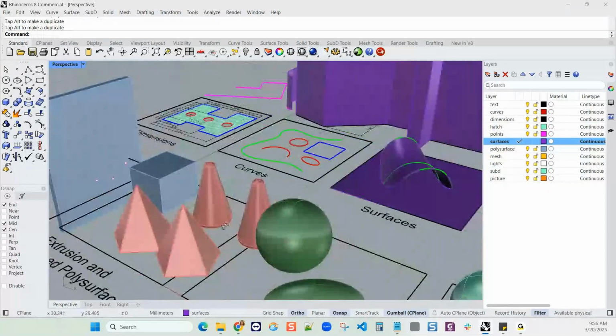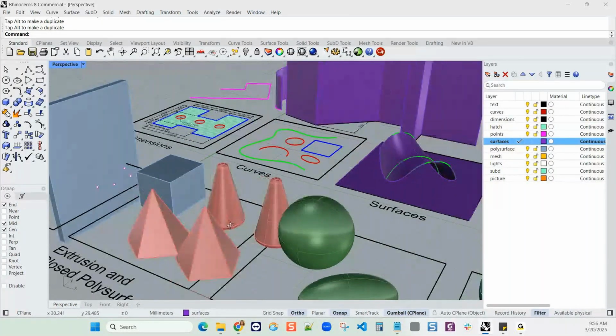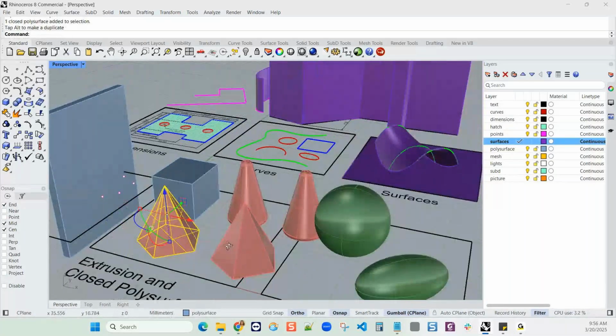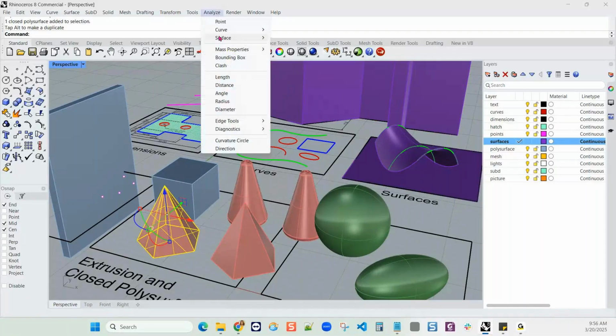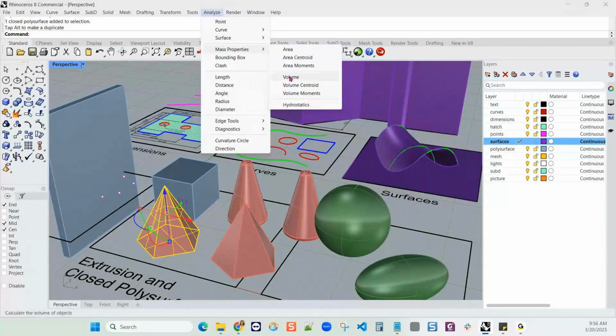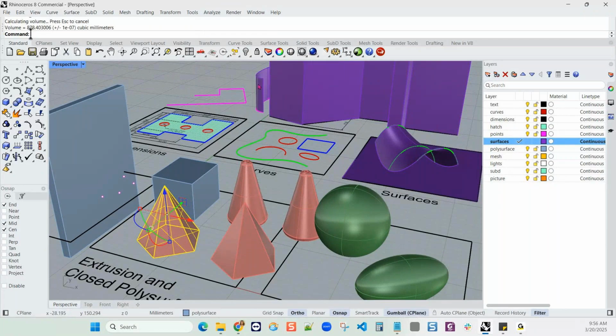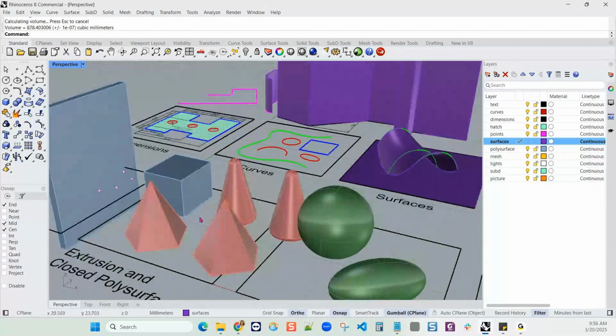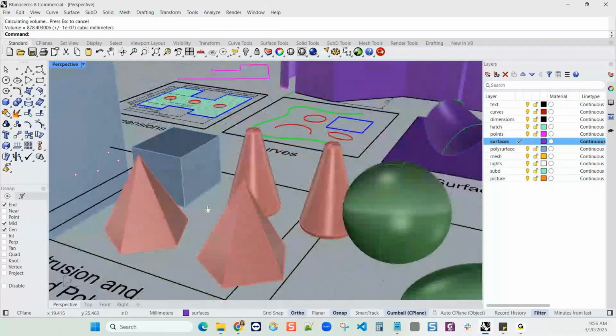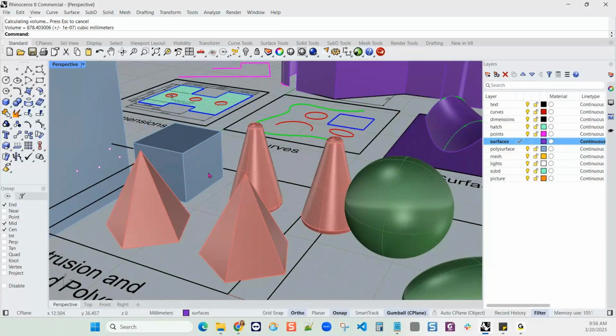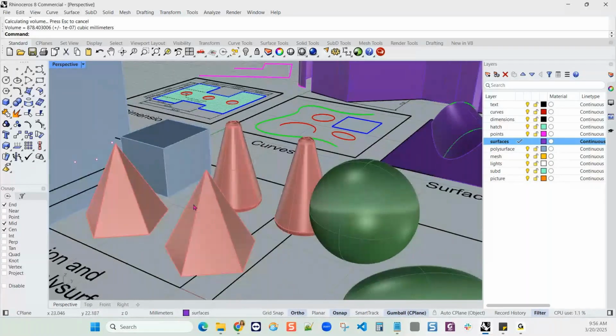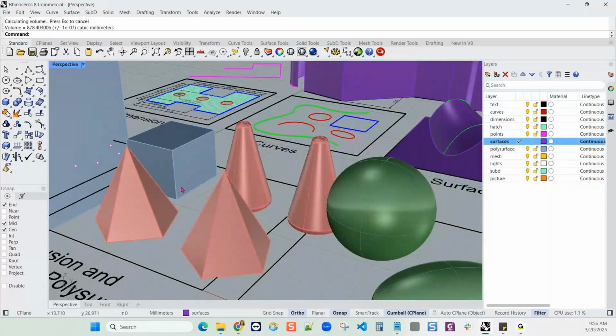Another feature of a closed polysurface or a solid is that you can find out volume. So we can get area from a surface, but we get volume from a solid. One other feature of the gumball that's going to be really important to the model that we'll be creating is